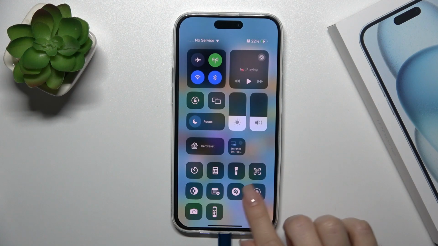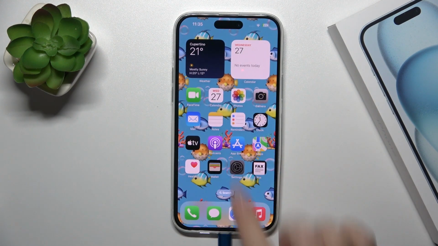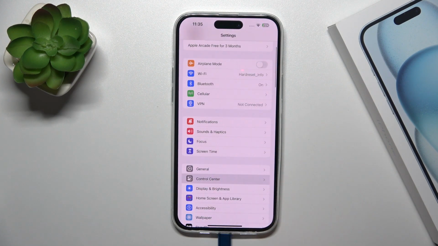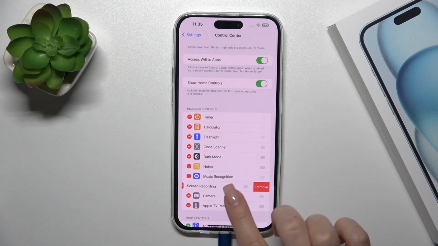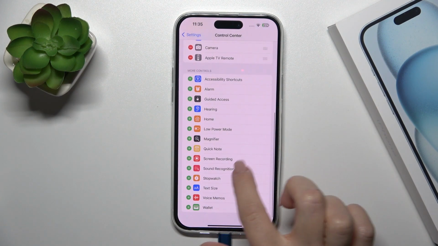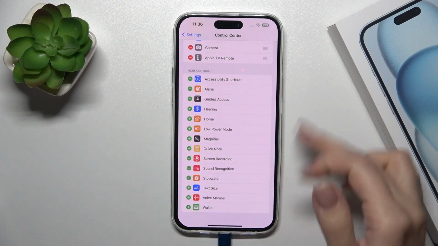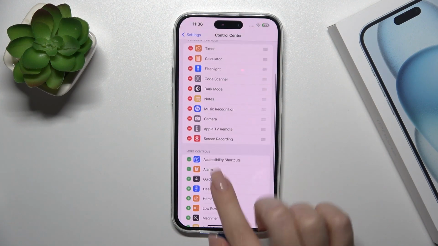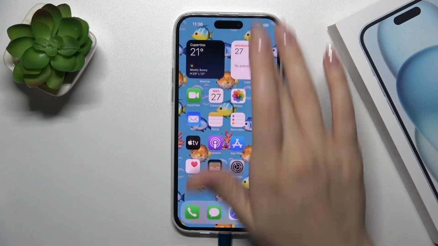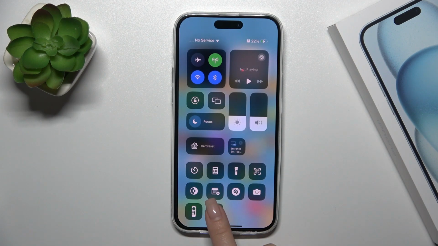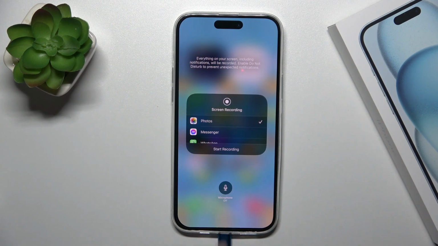This one. If you don't have this icon here, you should first open the settings, tap the control center, and you'll find here the screen recording icon in more controls. Just tap this green plus. Now the screen recording icon is successfully added to your panel, and just before starting your screen recording, hold for a while